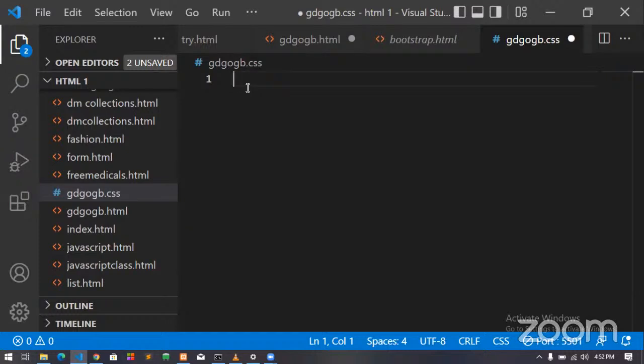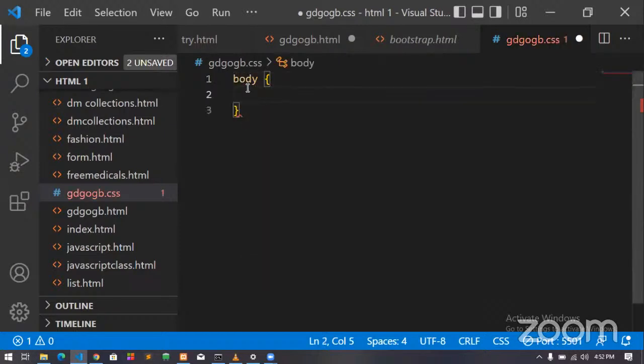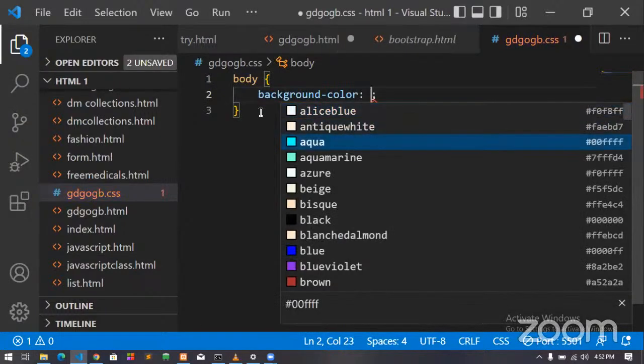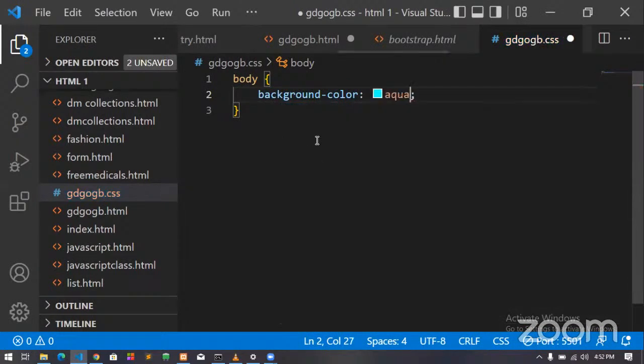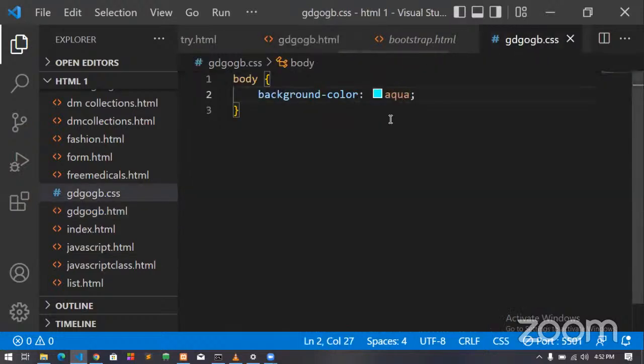I want to start. So open your bracket. Thank you. I want to start my body now. Let me say I want my background color to be aqua. Don't mind me, I'm just selecting those colors at random. So I have this. Now I'm already styling my body in this CSS.